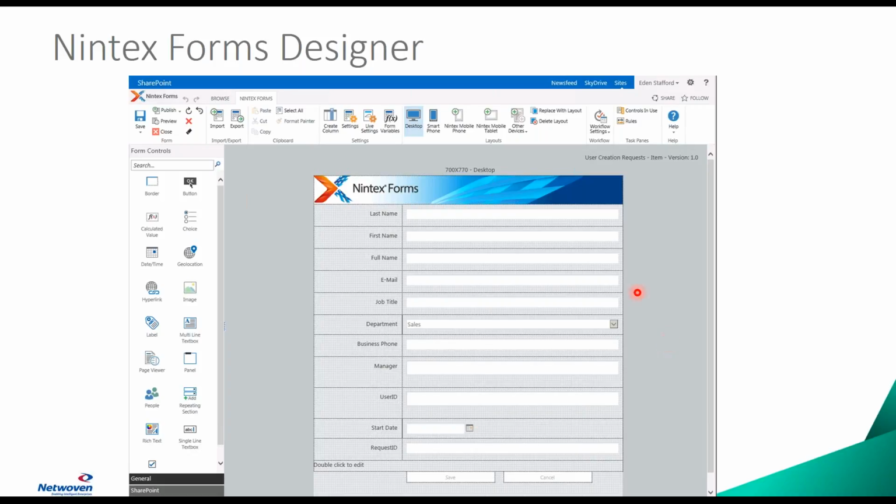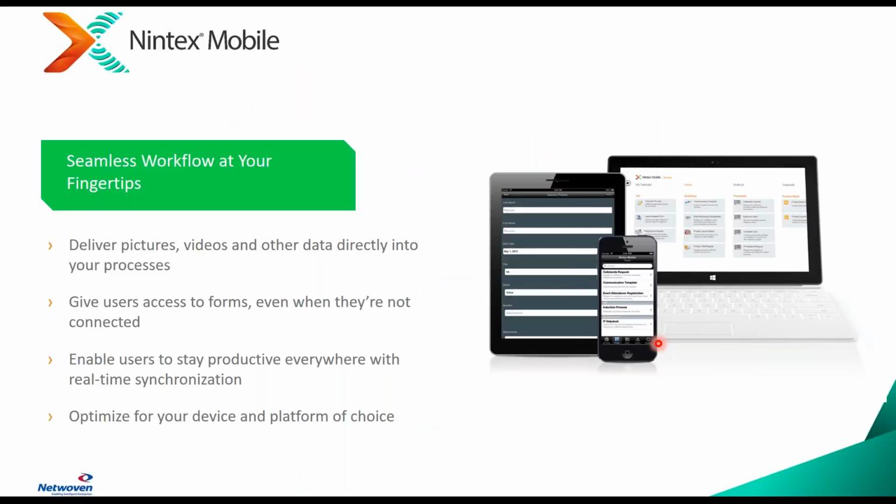So once I go in here, I can create a form that can be used in my SharePoint site, but I can also create a mobile phone form. So this is one of the things that Nintex Mobile does for you. It's an actual application that, if you have your phone nearby right now, if you go to your store and search for Nintex Mobile, you'll notice that Nintex Mobile is a free download. What you do is you basically authenticate yourself on the Nintex Mobile application on your phone, and any form that's been published, you will have access to that, and you can fill it out on your mobile device.